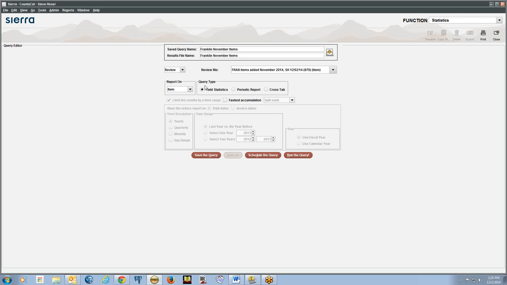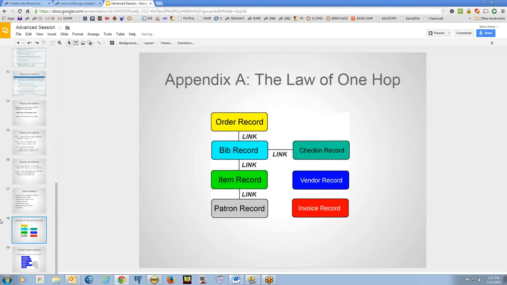The query type. Oh, just one other thing. Be careful about this drop-down menu here. In this case, it should work just fine because we're searching our review files full of items. If we go back to my slides here,